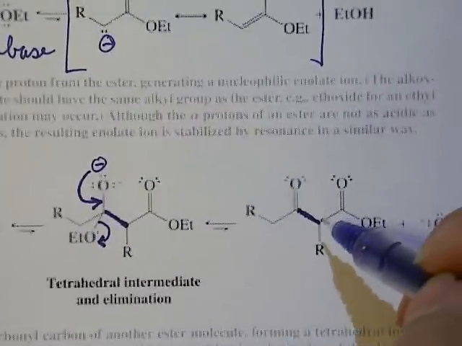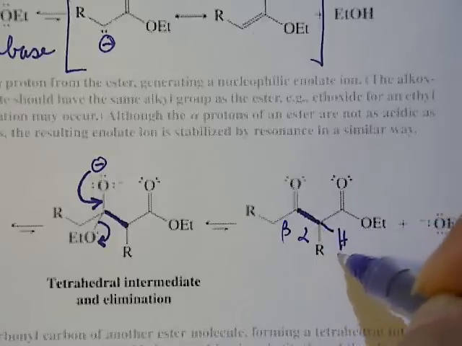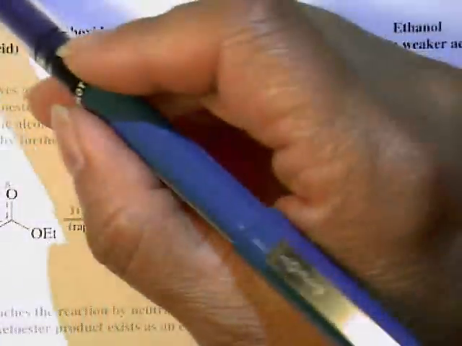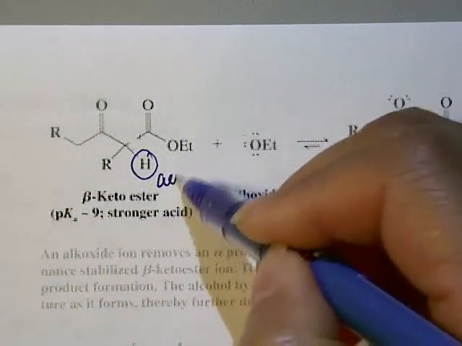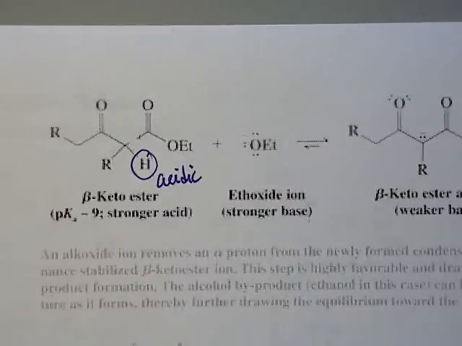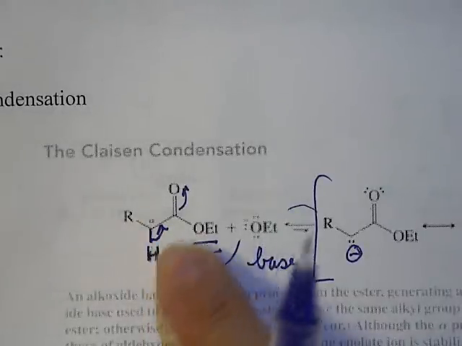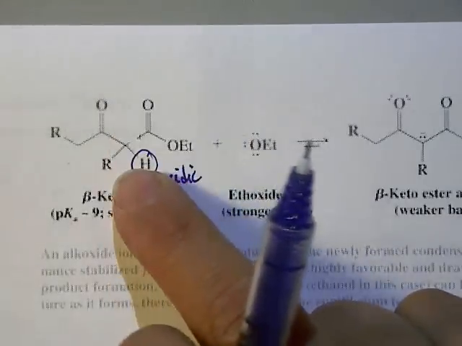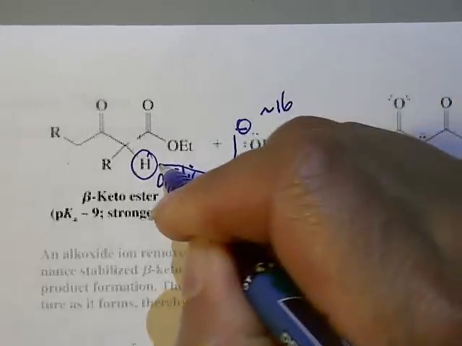So notice the initial product though is a beta dicarbonyl compound. So this proton right here is going to be very acidic, as you'll see in the next step. So the next step is that the initial product that you form doesn't stay this way, because this is a very acidic proton, even more acidic than the proton that you deprotonated in step 1, because the pKa of this is over 20, whereas this pKa is 9. So as soon as this forms with this base around with a pKa of 16, it's going to be deprotonated,